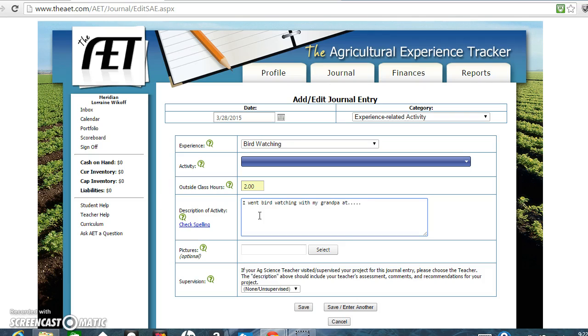at Ann Morrison Park, but I'm not going to take all that time to write that. The next thing that you're going to do is you are also going to write out the supplies or anything that was used during this experiment or during your activity. For example, I would say I used my bird watching guide and I saw blank, blank, blank type of birds during this time. I utilized the following tools to do this,